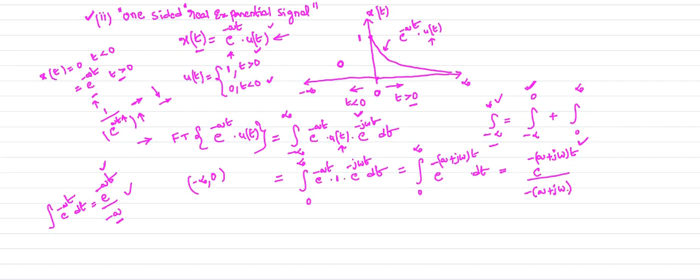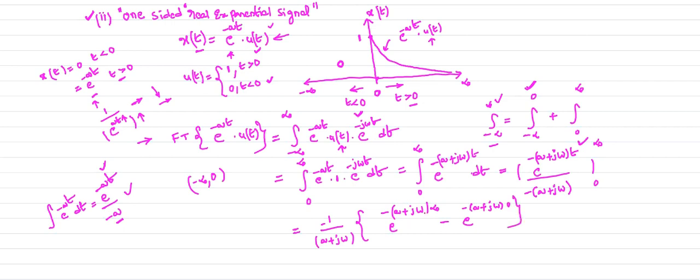So e power minus at divided by t coefficient is what? Here minus of a plus j omega. And you need to substitute the limits of the integration. So limits of the integration are 0 to infinity. Now if you find out the integral value, here we left the minus 1 by a plus j omega outside. So you just substitute the upper limit. Whenever you substitute the upper limit, you observe here e power minus of a plus j omega into infinity, minus e power minus of a plus j omega into 0.